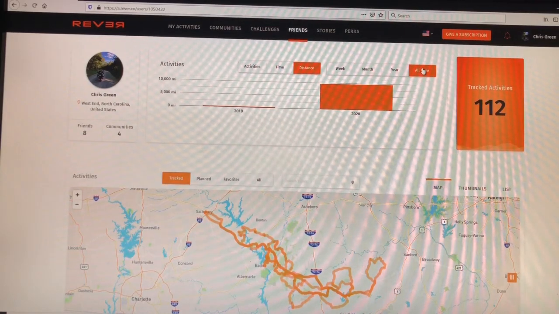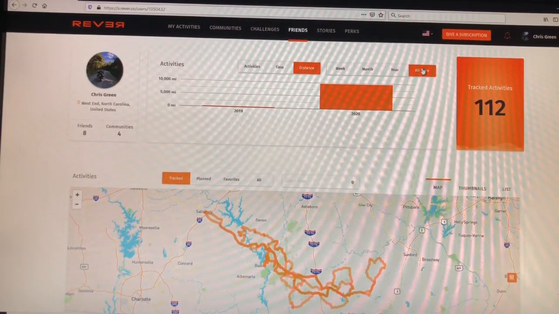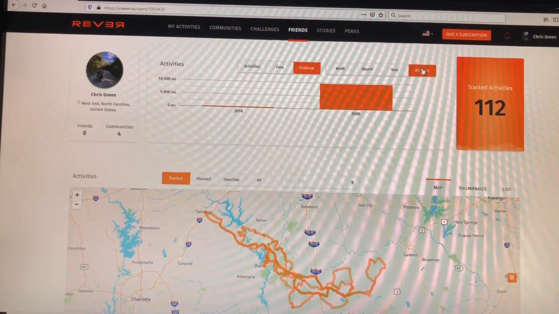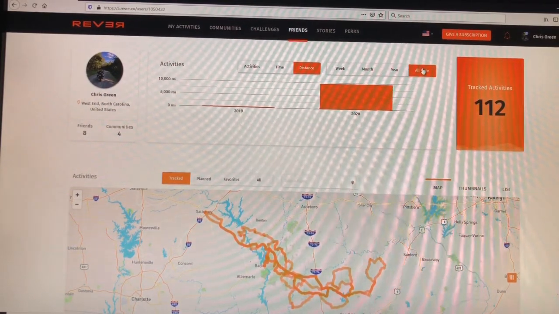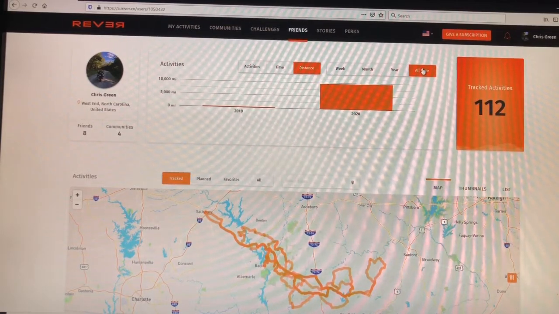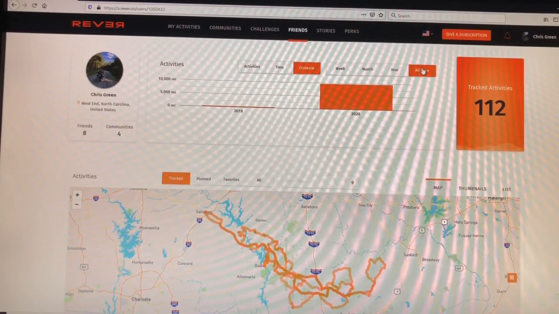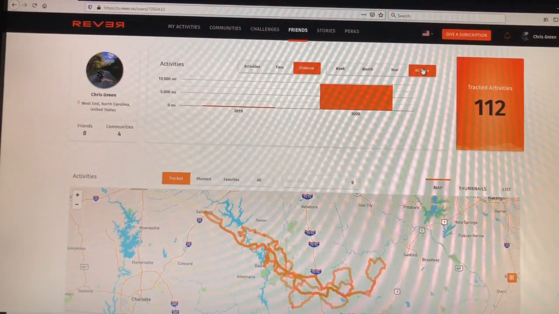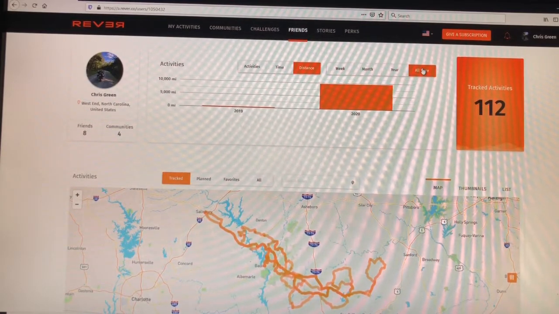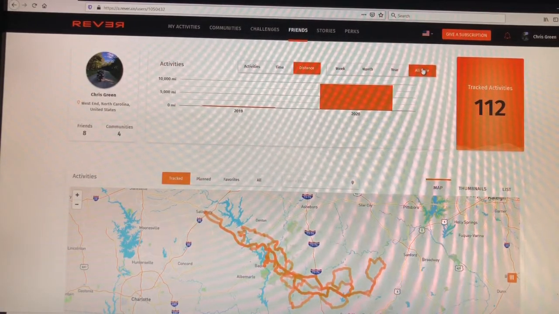Hey guys and gals, just did a ride tonight using my REVER app and ended up riding a road that I wasn't just so thrilled about. So I want to show how to edit a route and take out a turn or a road, just remove that from the ride. So if you want to ride the ride in the future, you could just take that particular turn out. Like maybe you found out that road ended up being a dead end. The road was not